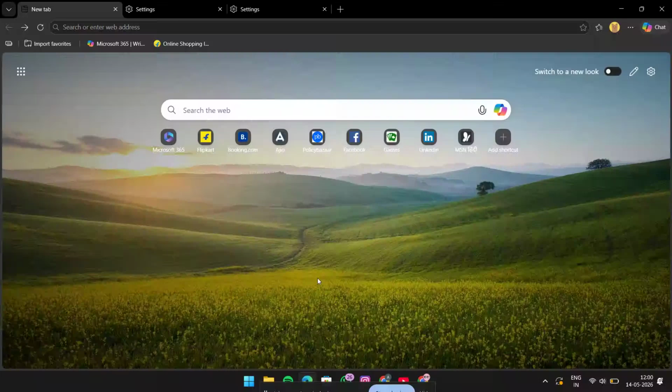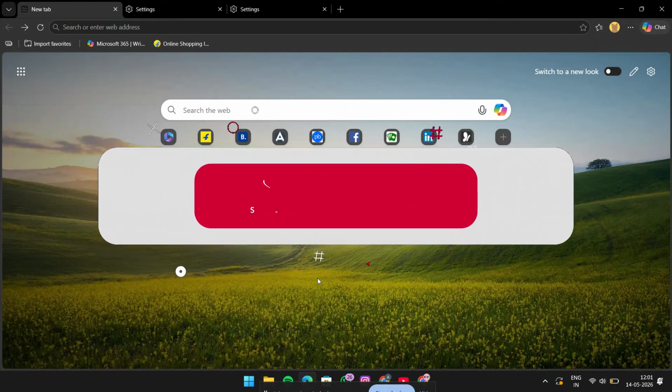If you use Microsoft Edge and you want a faster, cleaner, more private browsing experience, then this video is for you. Today, I'm going to show you how to enable tracking prevention in Edge step by step, and I'll also explain the difference between basic, balanced, and strict, so you can choose the right level for your browsing needs. This is a simple privacy setting, but it can make a big difference in how much tracking happens while you